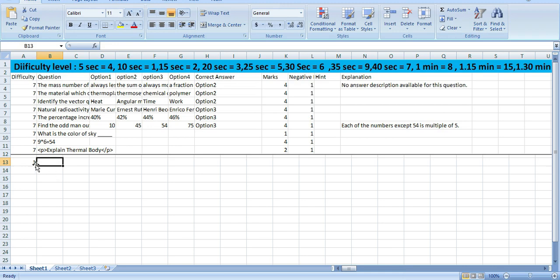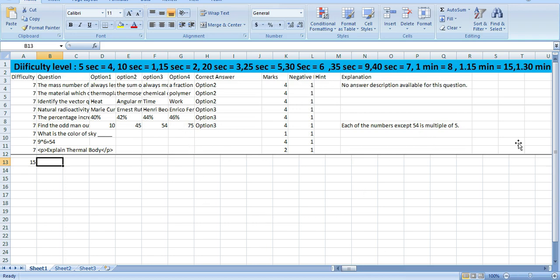For 1 question, the difficulty level is 15 seconds. You can see here, 5 seconds will be given as 4, 10 seconds will be given as 1, 50 seconds will be given as 2, and 40 seconds will be given as 7, like that. So if you are giving 10 seconds, you add 1. So I'm going to add 1, 15 seconds, and then we need to choose a question type, and then 4 options, and then we're going to add it.